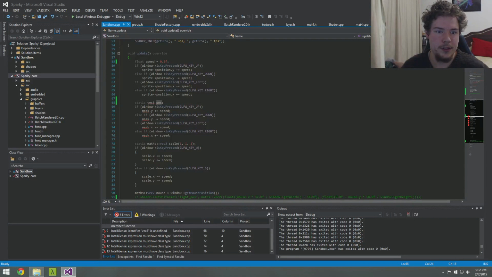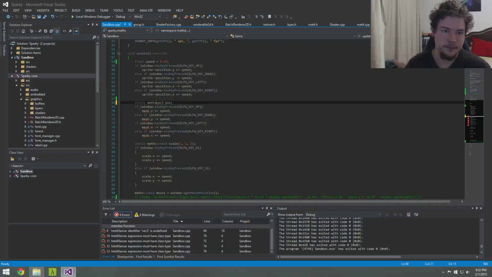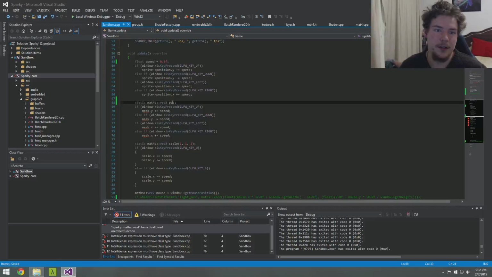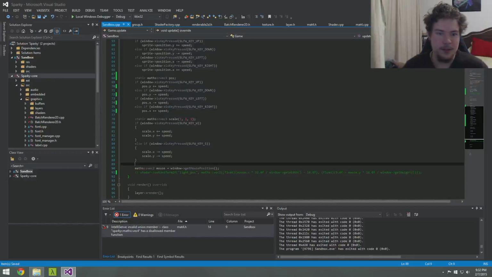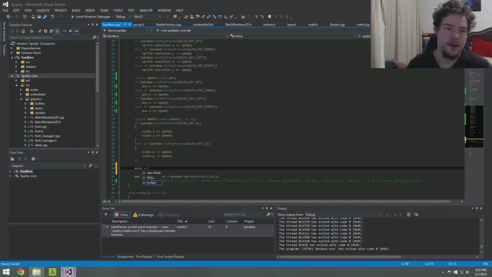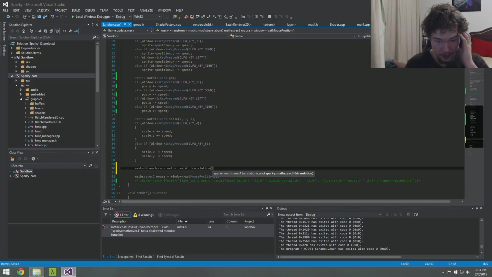So position, obviously these static things are just temporary. Yeah, so what we do here is just set mask transform equal to maths mat4 translate translation